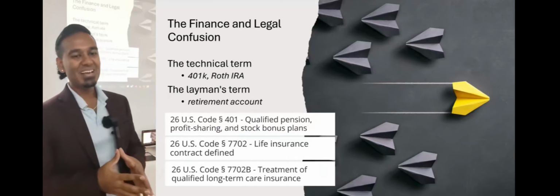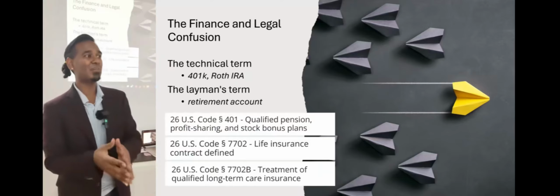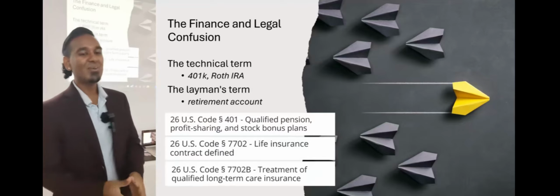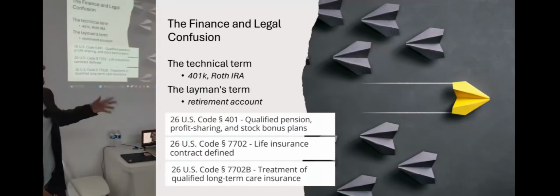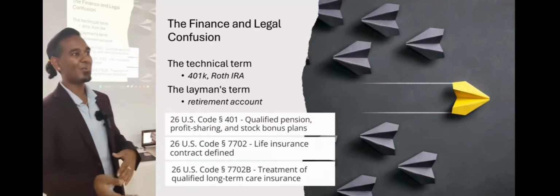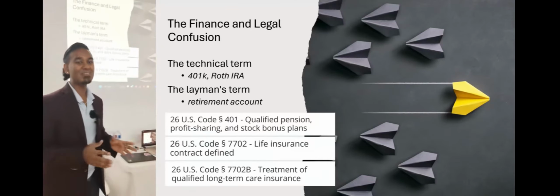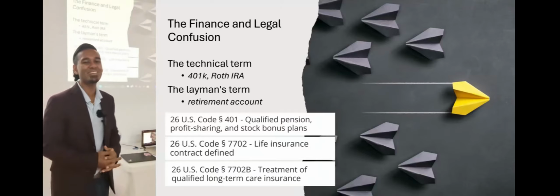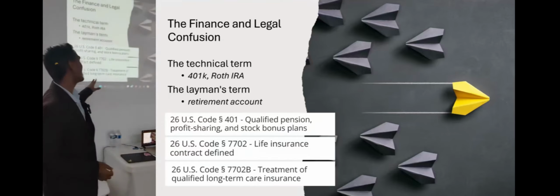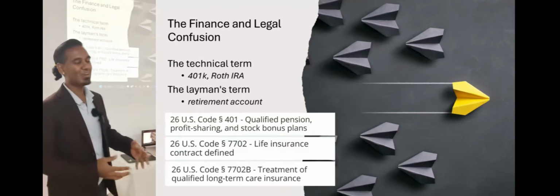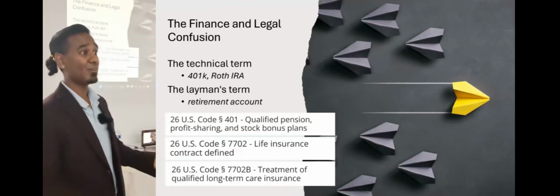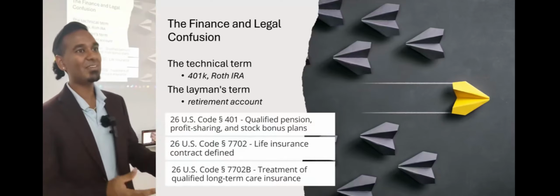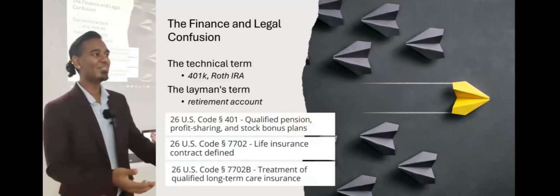But all of the financial products that actually have tax benefits are actually tax codes that are in the US tax law. So for example, 401k, 403b, whatever, all of those accounts are actually from the tax code. And there's a huge section, if you want to read all the legal terms that go into it, that represents that. In terms of 7702, in terms of the tax law, it's categorized as life insurance and long-term care. However, the tax benefits that you have in terms of cash savings involved in this type of product aren't conveyed to the public fairly.